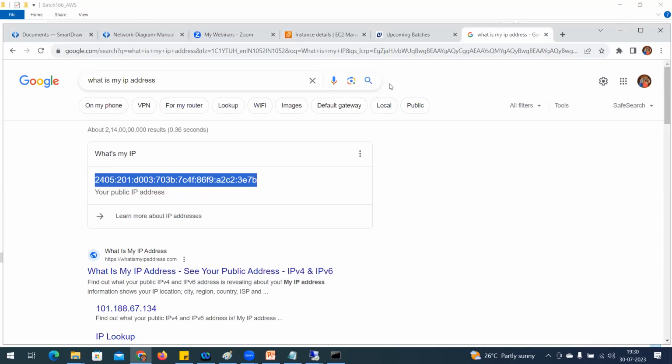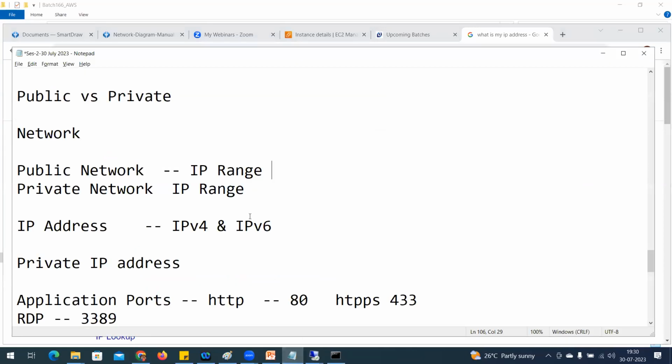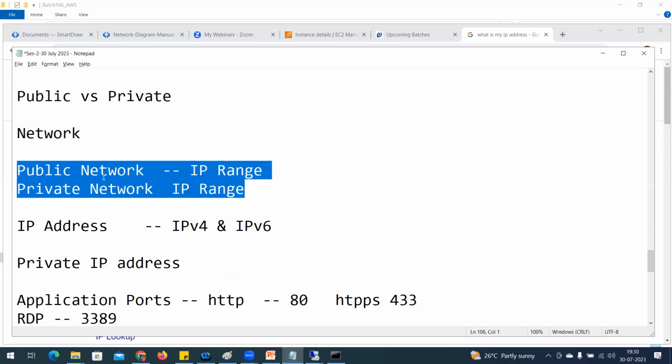Now the internet, what is cloud computing? Before understanding cloud computing, we need to understand what the network is and how network communication is going to happen. Network communication is divided into two parts: public network and private network.